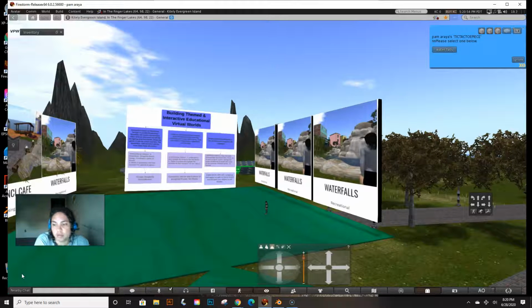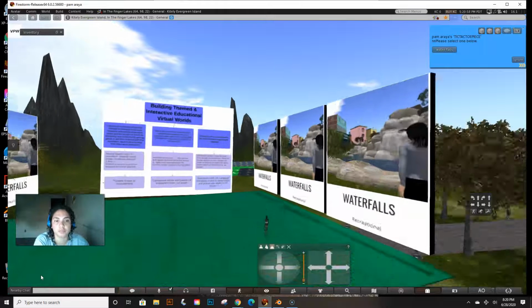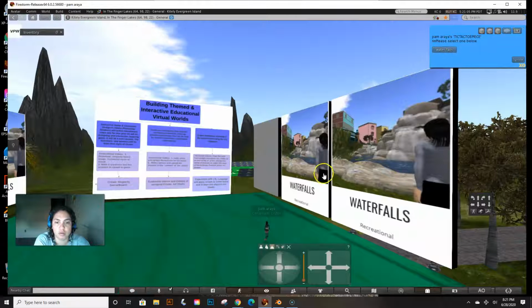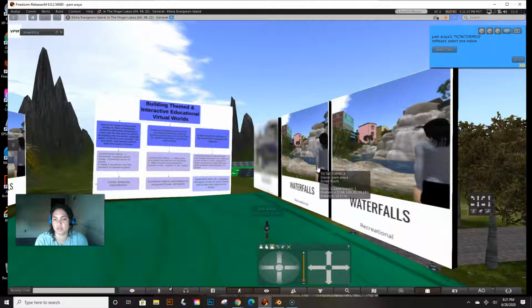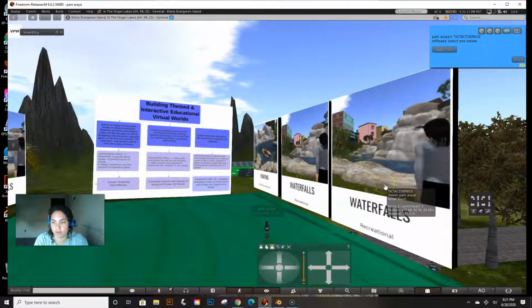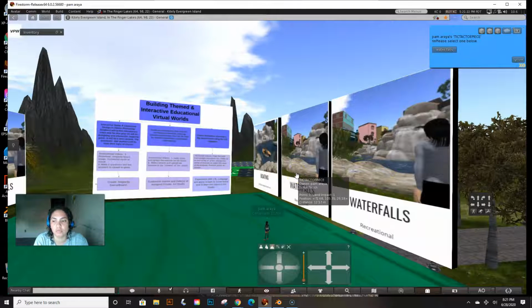Hi guys, I'm giving the final touches here in the Finger Lakes, and I just wanted to show you something. When I gave you guys the board, you can add textures there, and you can click on them and it'll come up with this question. You can select the texture you want if you're presenting, let's say. So I just want to show you now how you switch a texture in there